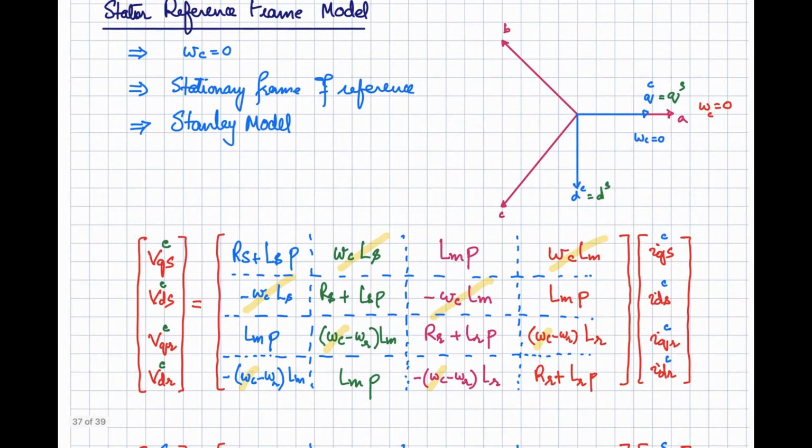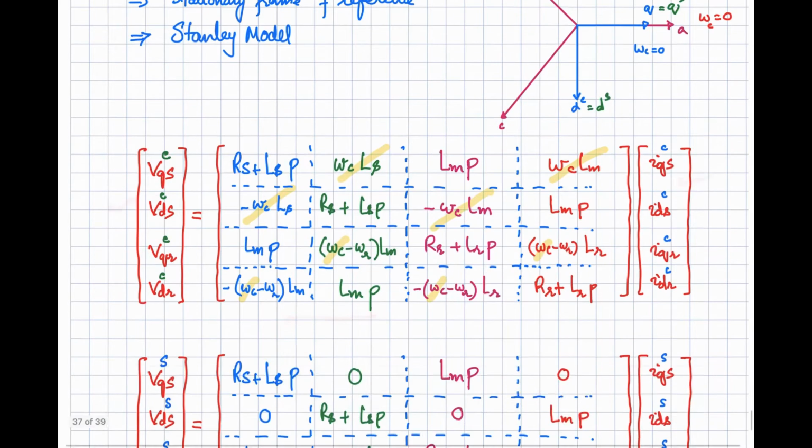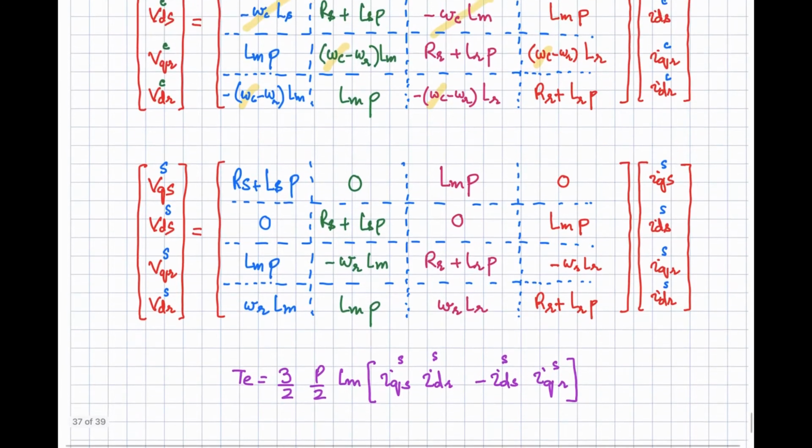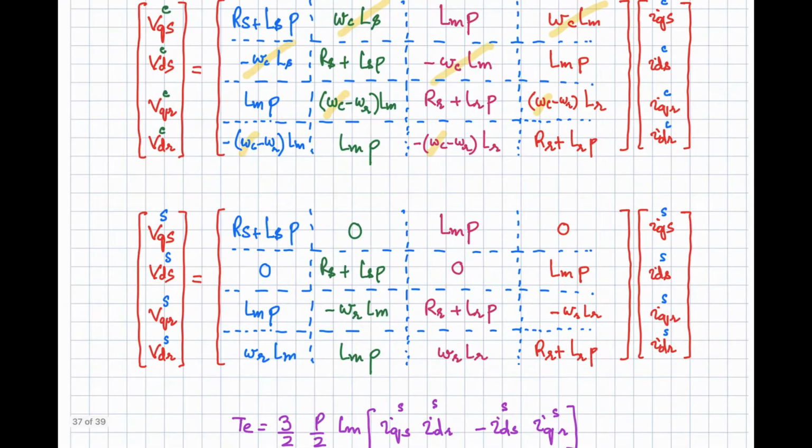If they are fixed, and you look at the space vector of this ABC, that is basically rotating, and if you look at its projection on the fixed q and d axis, that projection will be varying. Your stator space vector will be rotating like this, but it is now being considered in the stationary frame. So in the stationary frame, how the currents and the voltages are related is given by this equation. And the torque equation will also be represented in terms of the stationary variables.